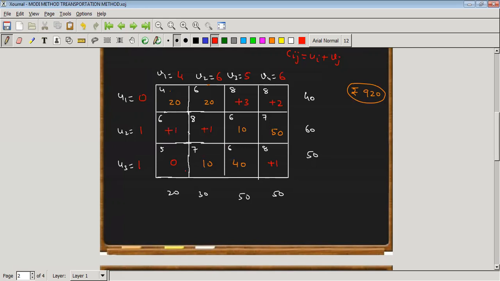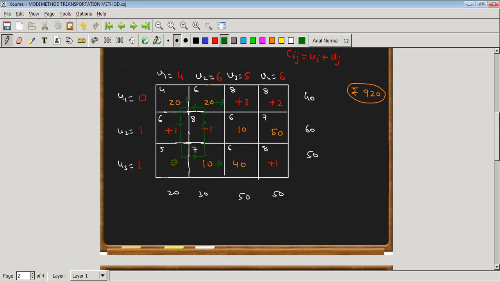We reach the optimal solution, but the assignment, we send the items in different ways. So how can we send the items? We first check how it becomes a loop. So we come to this point and this point, this point, and this point. So it forms a loop. So now we can send the maximum number of items in this position. So let us send theta items in this position. Then because it forms a loop, we have to balance the equation. 10 minus theta, 20 plus theta, 20 minus theta.